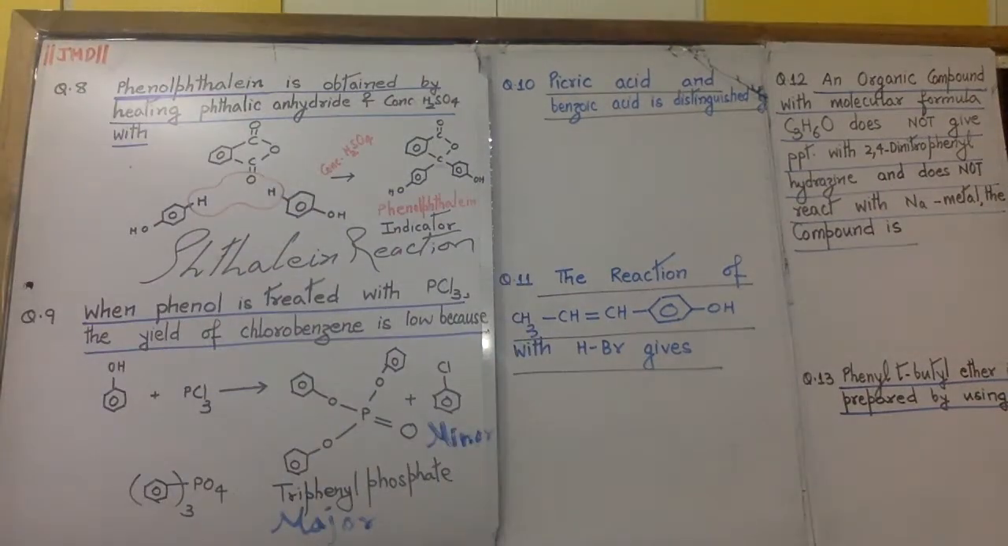Now we go to the next one. Picric acid and benzoic acid can be distinguished by. I think I will write the options here, because you should understand the difference. I'll be solving 3 questions simultaneously now, so I'll just write all 3. So picric acid and benzoic acid can be distinguished by, the options are